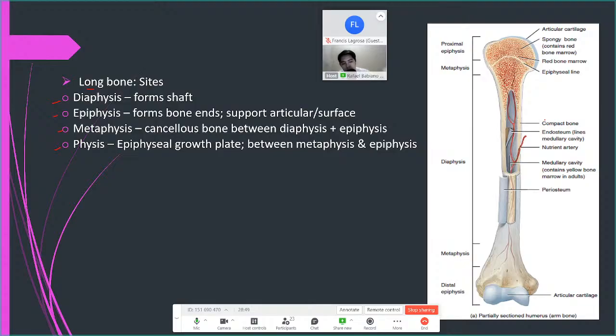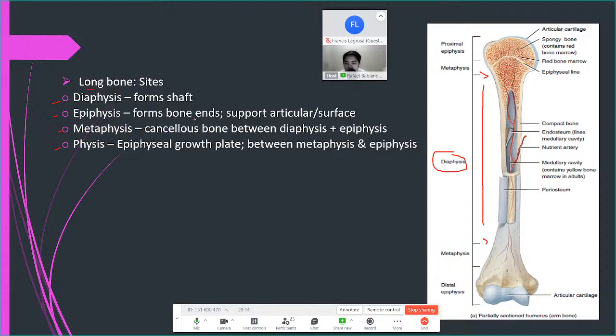Humerus again, and this is the bone in your arm, in your shoulder. It is a long bone. Okay? That is the humerus. Now, the diaphysis is the shaft, the center. So right here, diaphysis. You see the arrow from here to here. So this one right here is the shaft or the diaphysis, the center of the bone.